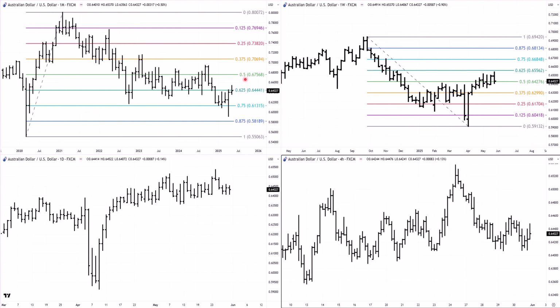This 50% point here, that's crucial. If we get up around there and we get stuck, this thing could come crashing back down and break through 55 cents there. However, if we can burst above that 50% milestone, it may be that the Aussie dollar is going on to bigger and better things. As a trader, I'm not too worried about more than a week or two ahead.